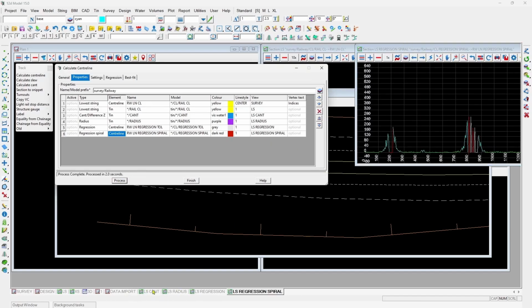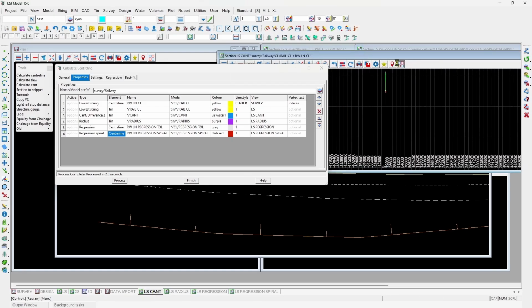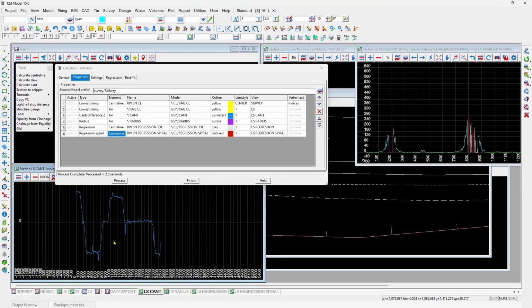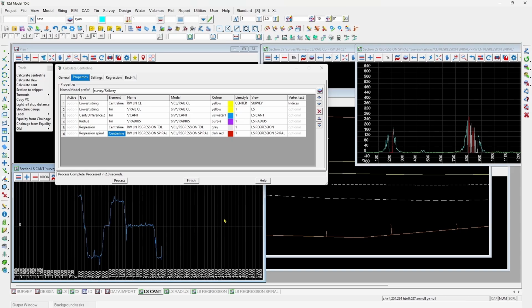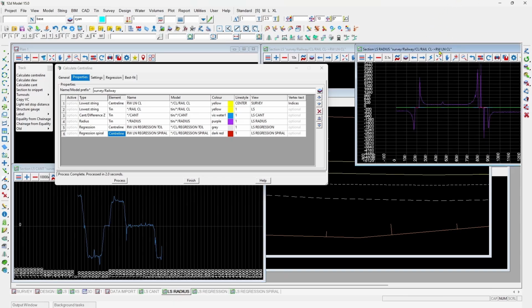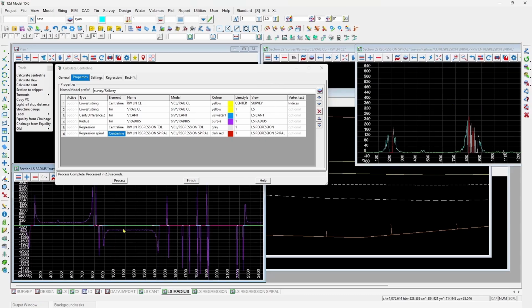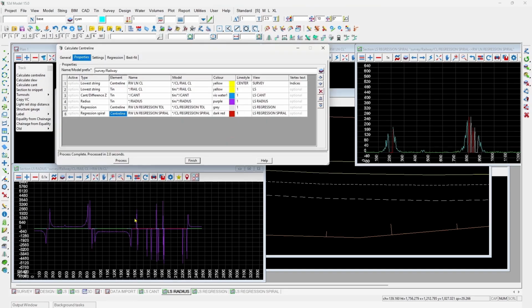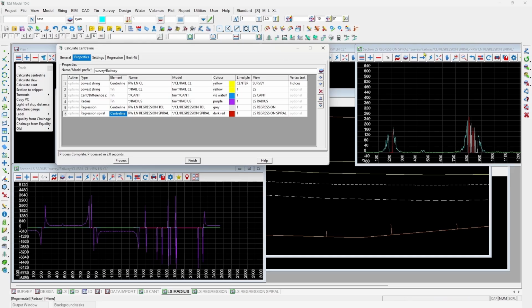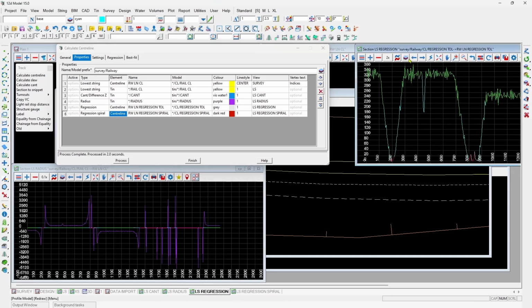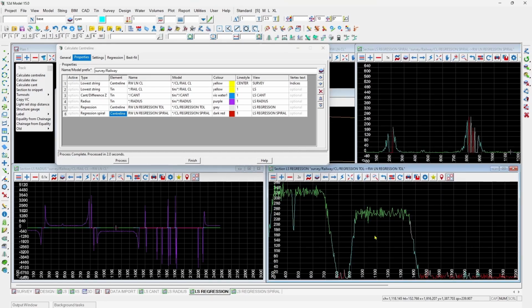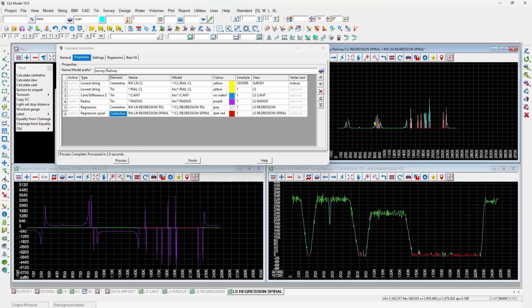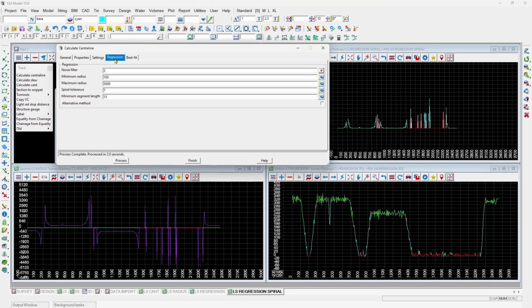So there's a number of views have been created here. I'm just going to place this one. So this is a tenth of the existing cant, which can be used for plotting and other things. There's a radius, once again for long section plots or other things like that. There's the regression tolerance, so I'll just have that one there. And there's a regression spiral here. So the settings under the regression tab,